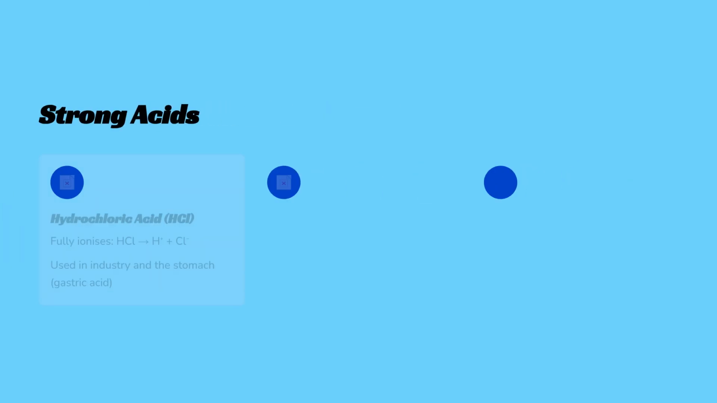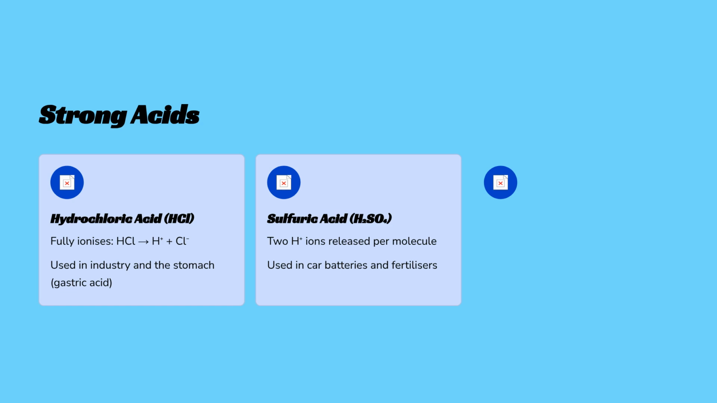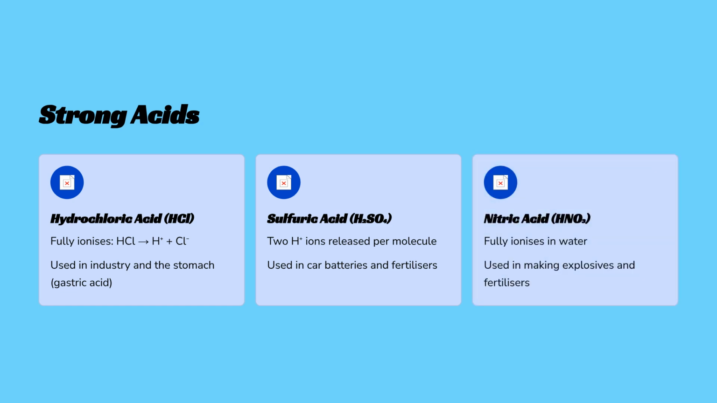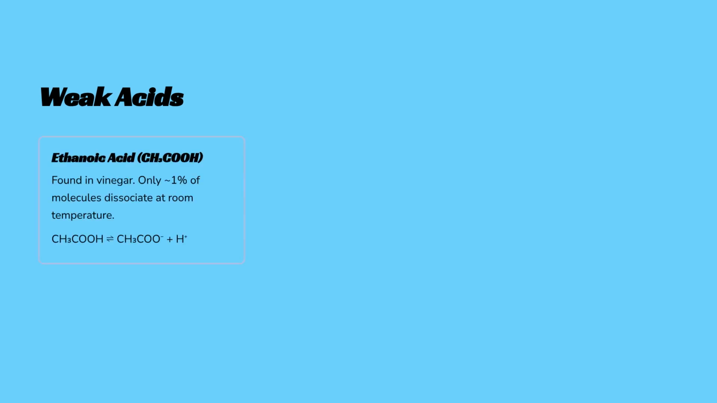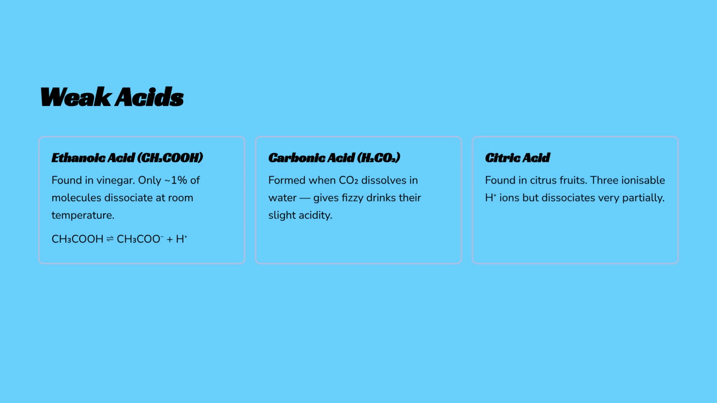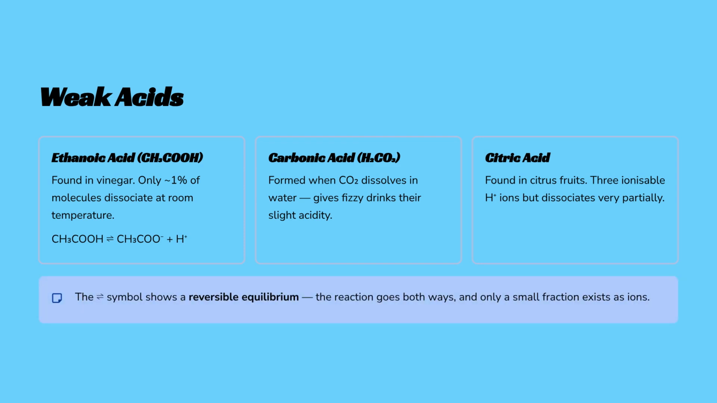Examples of strong acids include hydrochloric acid, sulfuric acid, and nitric acid. They fully ionize in water, making them highly corrosive and useful in industry. Weak acids, such as ethanoic, carbonic, and citric acid, only partially ionize. This means only a small fraction of the molecules exist as ions at any time, indicated by their reversible equilibrium